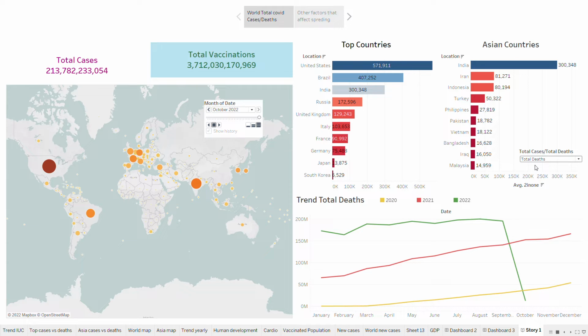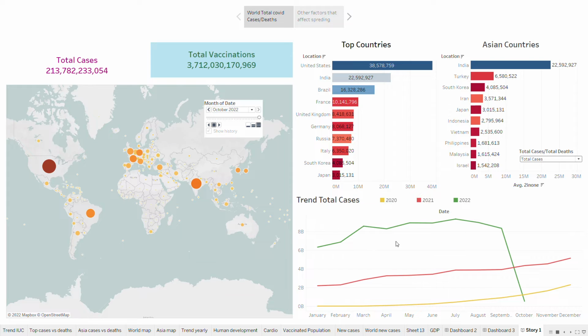So after selecting cases, in this corner you can see I did analysis on the basis of the years. In the year 2020, you can see the minimum number of cases, which are gradually increasing from January to December. And after this, in 2021, the cases are increasing and there are many more cases in 2021. After that, in 2022, cases are at the maximum, but in September and October, the cases are gradually decreasing, and